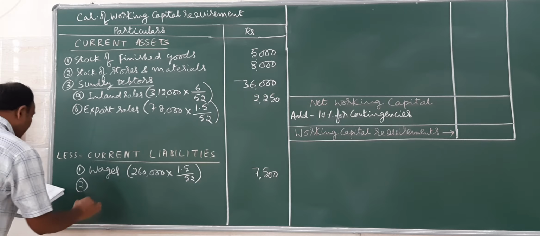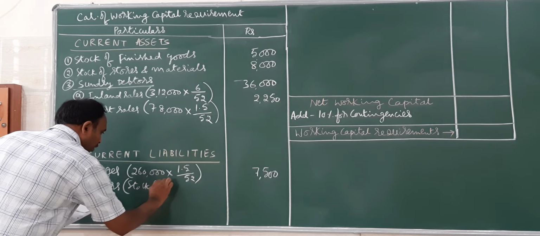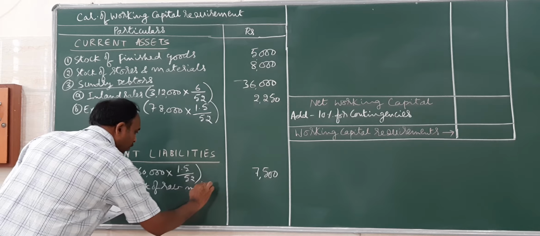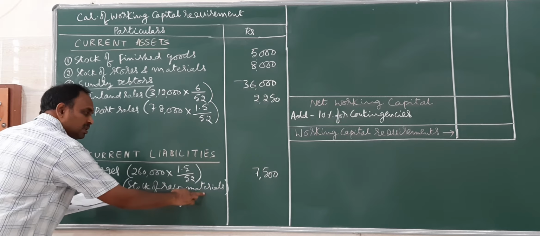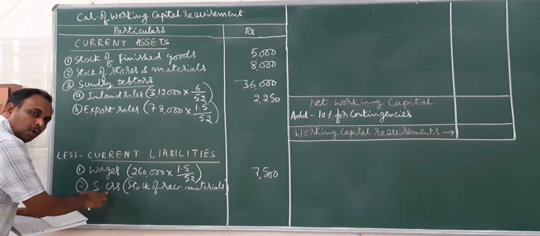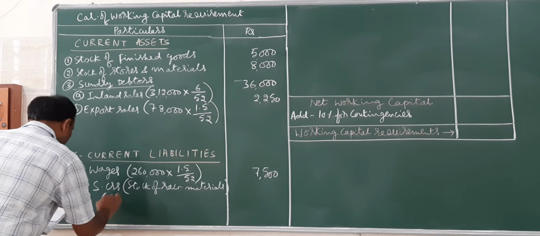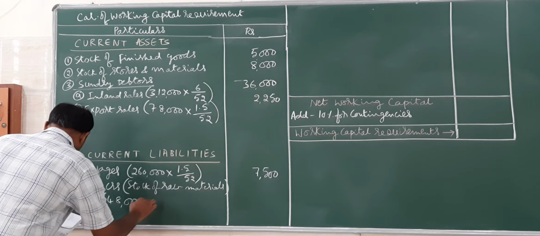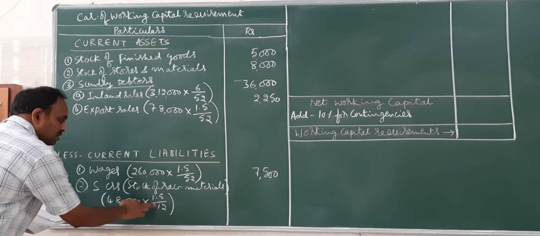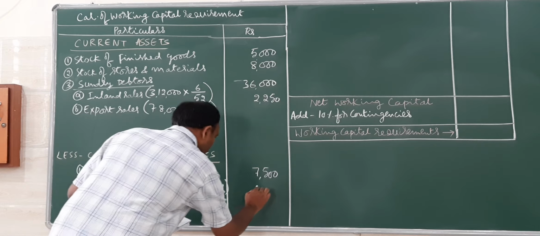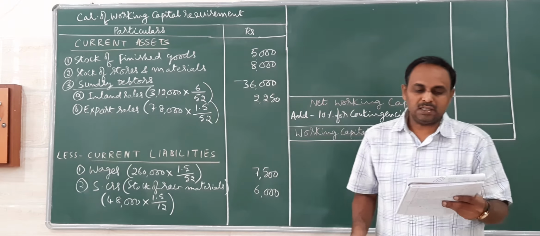And one more in the payments, stock of material. Material purchase, basically, is nothing but that. Purchase of raw material on credit is the one here. So you have to be careful in this kind of adjustment. Stock of raw material means material purchased. On that, the amount to be paid is to sundry creditors. The amount given there is 48,000 rupees, 1.5 months. So months means divided by 12, rupees 6,000.